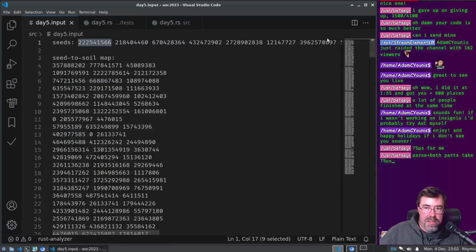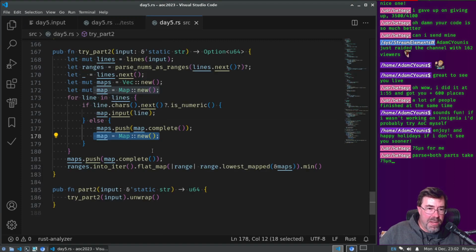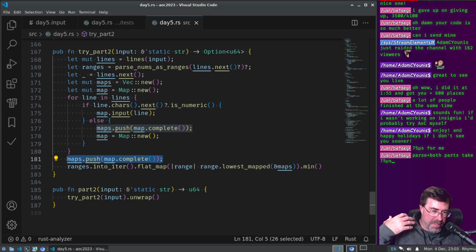We just stop. The last line had numbers in it. We don't hit a line with no numbers in it unless I cheat and do that. Otherwise I have to take the last map we were building and add it at the very end. I didn't have that, and so basically the last map was not included, and we kept getting the wrong answer.